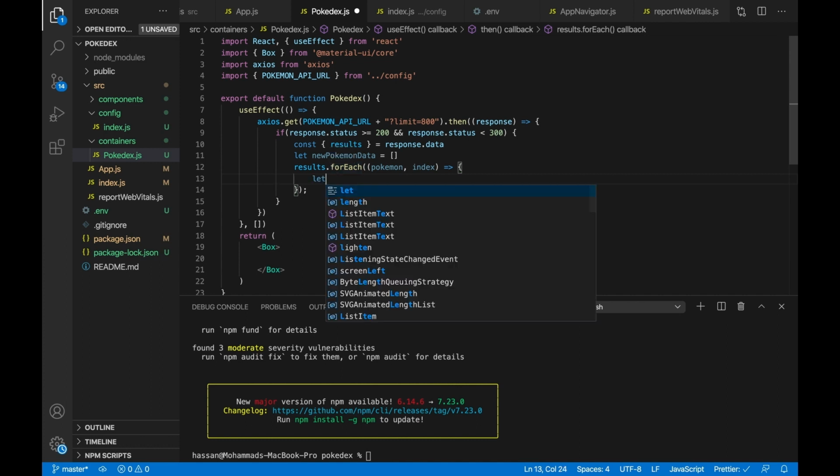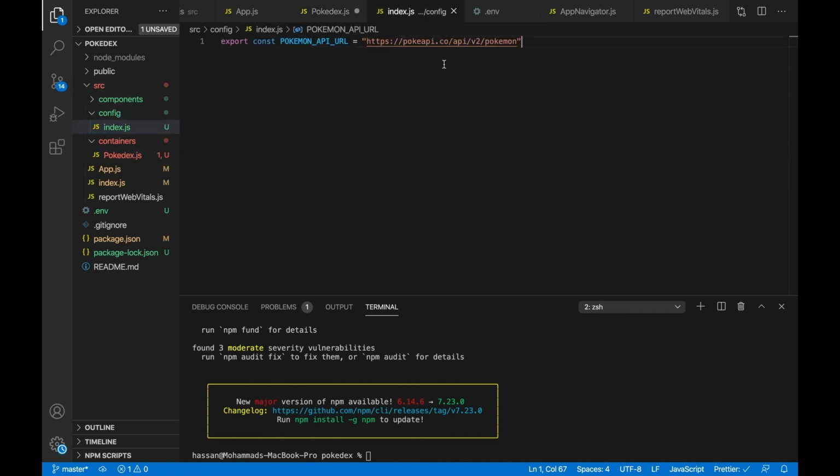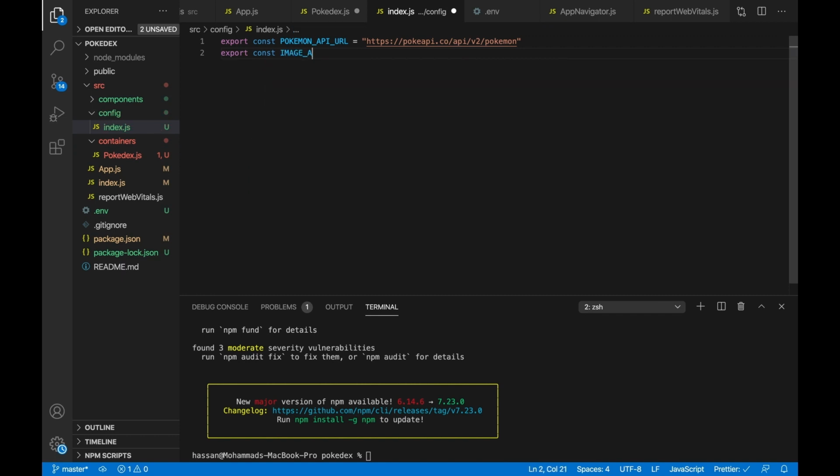So we'll do let Pokemon object is equal to, we'll make it into a JSON object, and inside this we'll give it an ID, and we will also give it a URL, and this URL is going to be the image URL. So for the ID we're going to give it index, so whatever the index is, that will be the ID for this Pokemon. And for the URL we'll do image API URL, so we need to make an image API URL inside our index.js from config. So right over here we need to make export const image API URL,